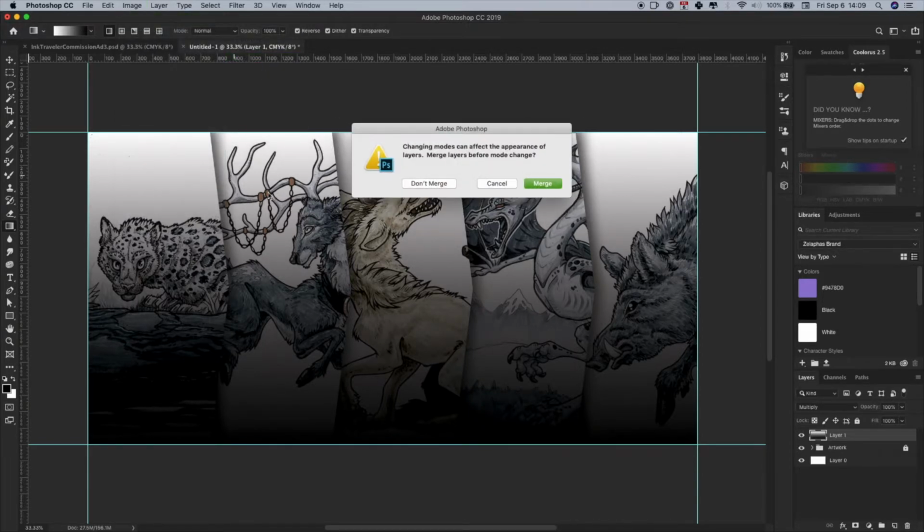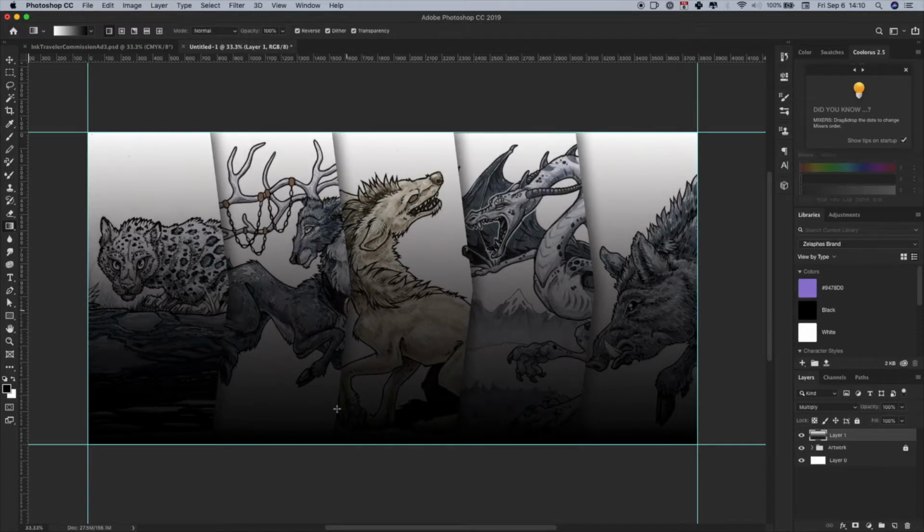RGB color. It'll give me a warning, but I'll say don't merge because I want all my layers to be separate. And I'll select don't rasterize because I still want to be able to make adjustments to my shapes if I need to. And there you go. And you'll notice a subtle image change, especially in how that multiply interacts with it. That's just the way colors interact in RGB versus CMYK are a little bit different. So if you're creating an image that you know is only going to be used online or on a screen and you're using it for social media, you can just stick to RGB, and that might open up some better